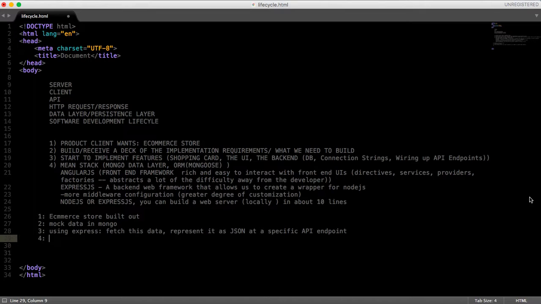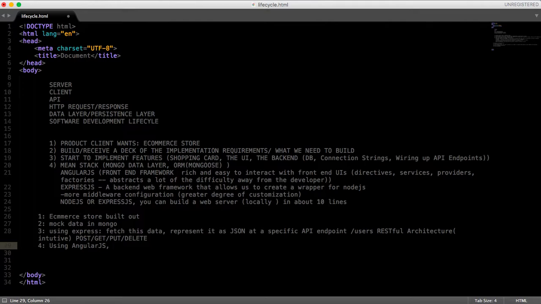Once we have that configured, so say we have /users, using a RESTful architecture, which is basically intuitive, and uses the post, get, put, and delete verbs. If I make a request to /users, an HTTP request, I should expect to get a JSON array of objects of users. So that makes sense. So we're going to fetch this data, represent it as JSON, and then using